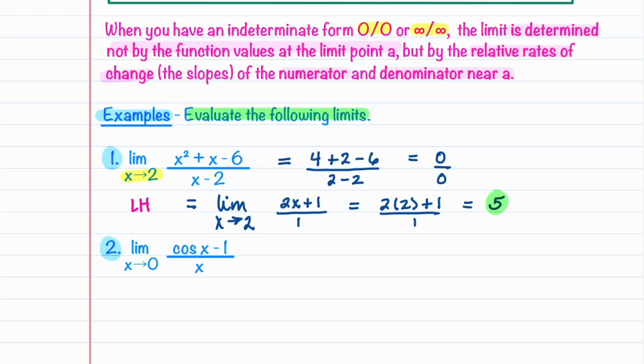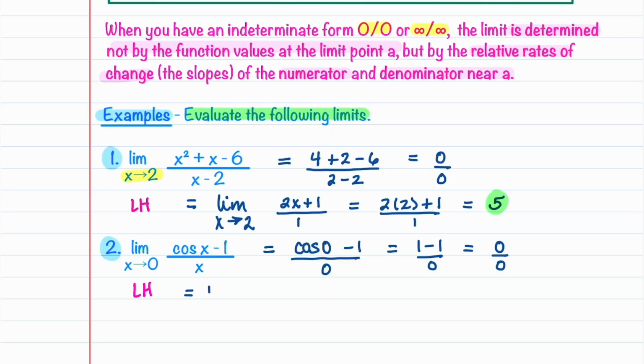Let's now look at our second example. We are given the limit of cosine x minus 1, all divided by x as x approaches 0. We'll start by substituting in that x is equal to 0. So we have cosine of 0 minus 1 all divided by 0. Cosine of 0 is 1, so we have 1 minus 1 over 0, and we get 0 over 0. This means we can use L'Hopital's rule,